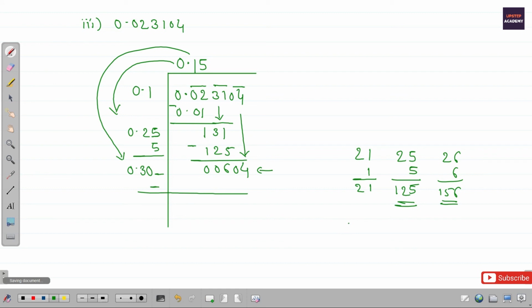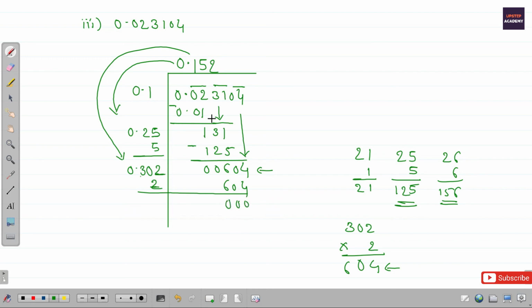Let us try to put one number, 302. Suppose we put 2, 2 into 2 is 4, this 0 and this 6. Yes, so that is the number we want at the end. So 604 we will write here. For getting 604 here we have to put 2, so 2 will come here too, and 302 into 2 is 604. This 2 we will write here too, and here the remainder will be 0.